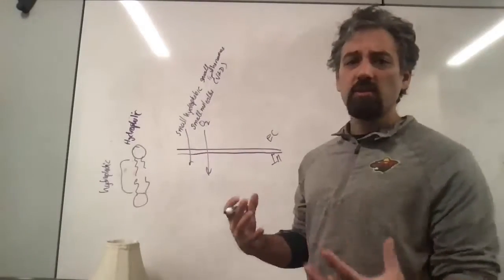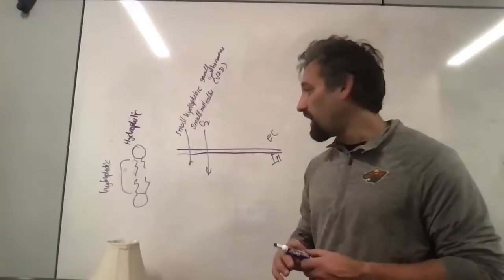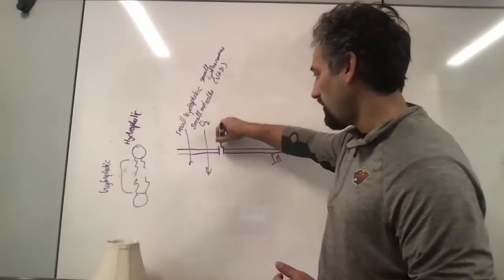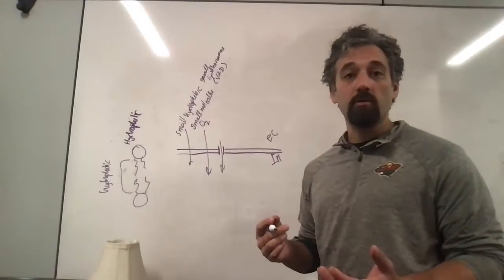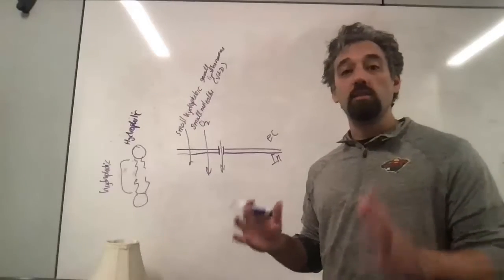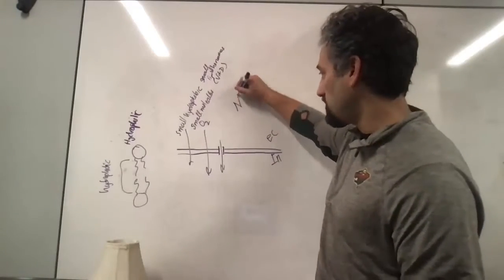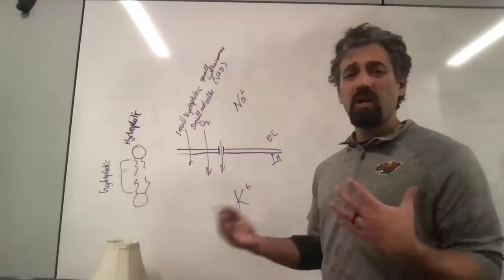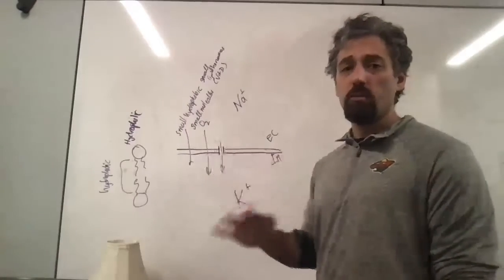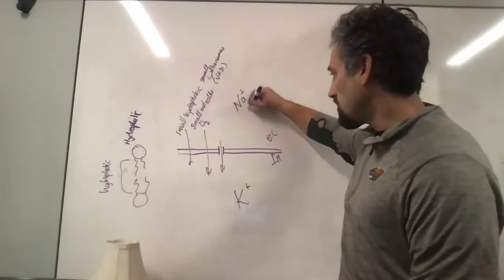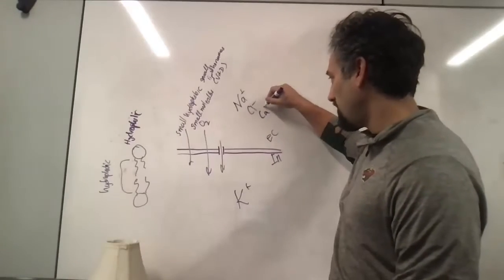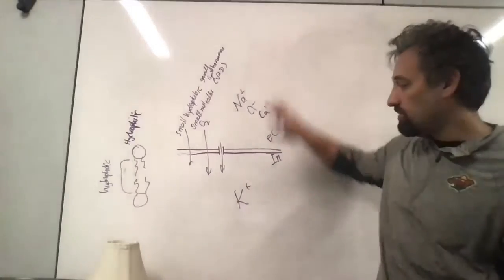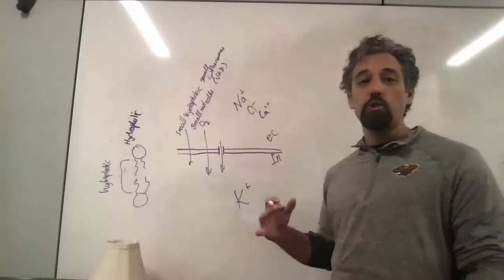So then there's also going to be other different types of things that can go through channels. So if we have a channel, or a pore, or a membrane, then you can have other things that can go through, and they'll follow their electrochemical gradient. Now, generally, the way that this is going to be set up is that we have high amounts of sodium on the outside and high amounts of potassium on the inside. There's going to be a couple other different types of molecules that are going to be common in extracellular portions. So chloride is going to be one of them, calcium is another. So we have all of these that will generally be in higher concentrations on the outside than the inside. Potassium is going to be the major player when it comes to